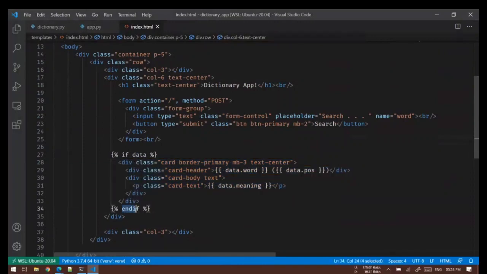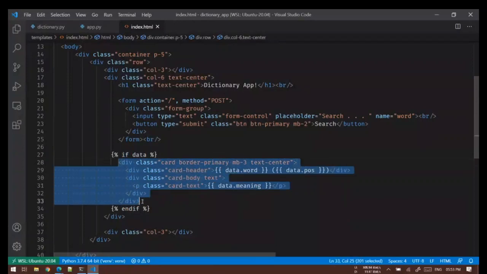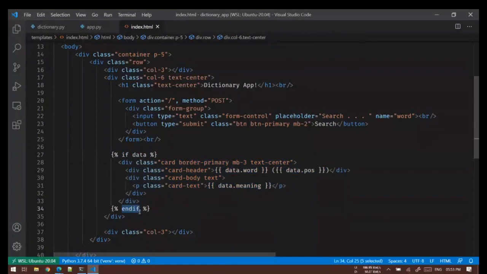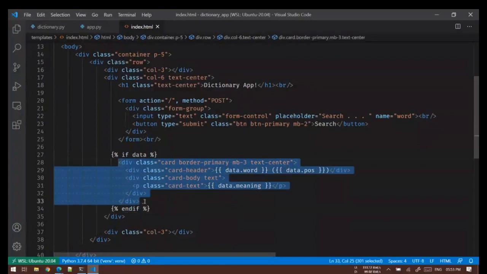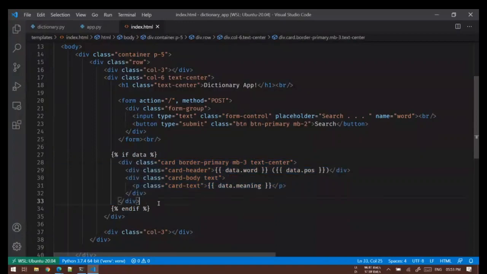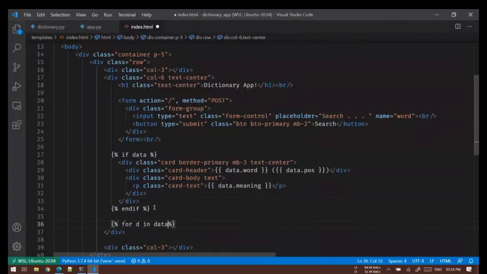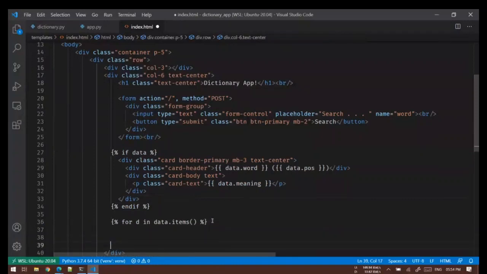And in Jinja, you basically specify end and then the keyword to indicate a block element. So if condition, then all this thing present inside the if has to be denoted by this. If you move this here, that means these elements are all outside the if block. Okay, so it also has many other things, like Jinja also supports for d in data.items. So this is a very Pythonic way of doing something. And to close this block, you can say endfor because it's a for block.